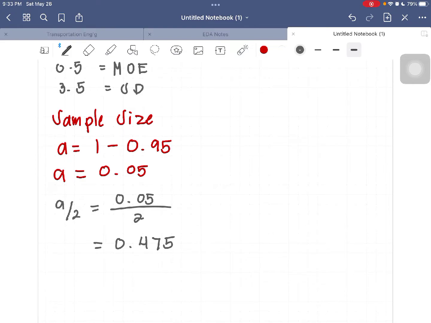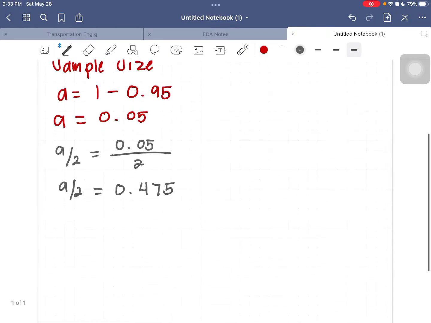And using the area under the standard normal value, hahanapin natin ang value ng ating A over 2 sa ating standard normal curve table. At kapag hinanap mo siya sa ating table, ang kanyang value ay 1.96. So, ngayon na alam na natin ang value ng ating Z, A over 2, magpro-proceed na tayo sa ating formula